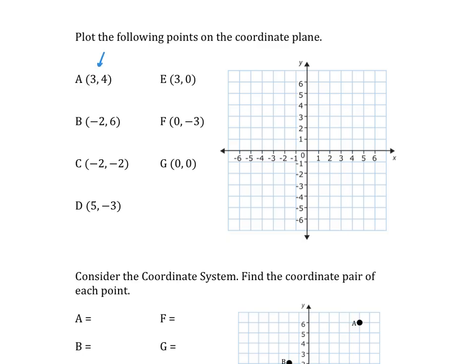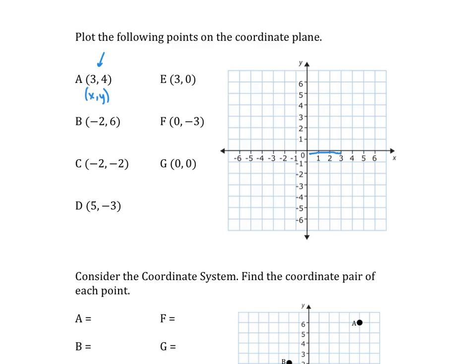A is at 3, 4, and we talked about the x and y axes on the last slide. And so how we graph this ordered pair is we are going to graph them by x, y, which means here 3, 4, we're going to move out along the x-axis first, 3 units, and that's a positive 3 units, so I'm going to go 3 units to the right, which would be, right here is 3,